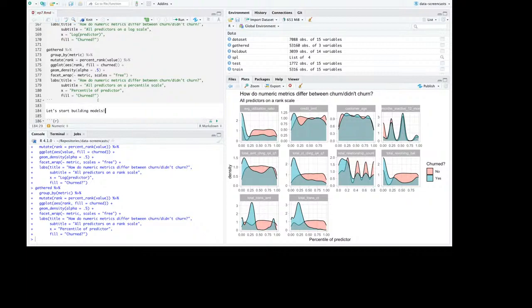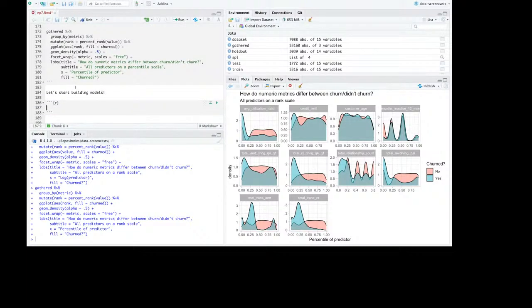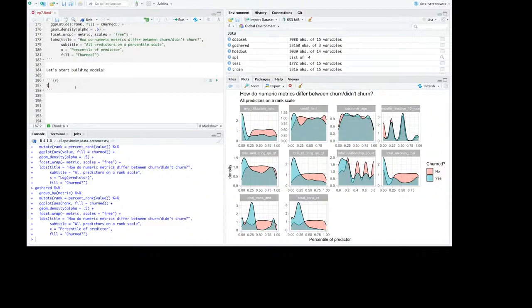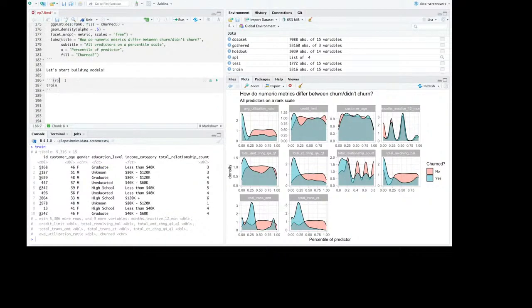Okay, so let's actually start building models. I really actually like this data set. So here's what we'll do. Let's do an XGBoost because we have a lot of numeric stuff. XGBoost on ones that are clearly predictive or low cardinality. So what I'll do is say recipe, XGRec recipe of churned explained by gender plus average utilization ratio.